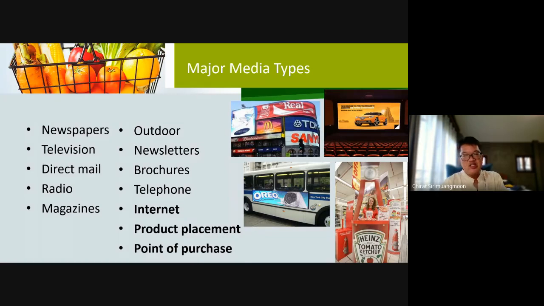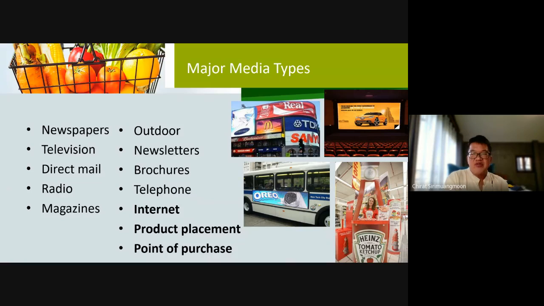Some major types of media that we use for advertising are newspaper, which is very traditional, very old style. For now, newspaper is dying. Television, we still use television. We have direct mail. We have radio. Many people still listen to the radio in the morning, and radio had a very big impact in the past, because it is linked to many people, as we still love to listen to the news and also the music.